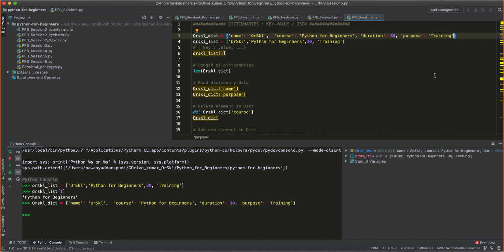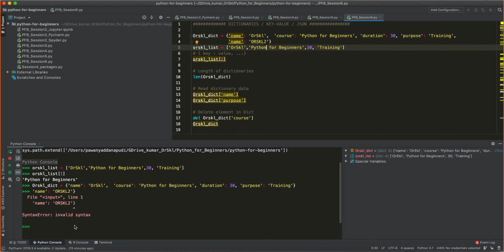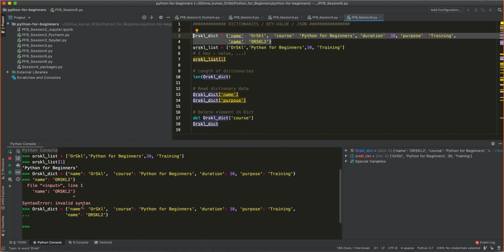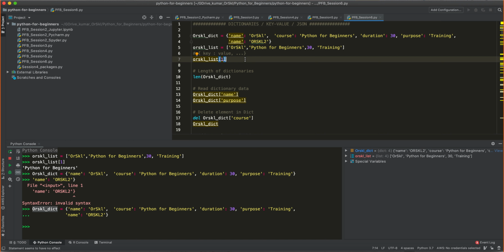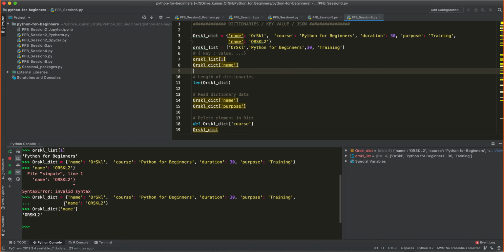For example, within the same dictionary, if I have to create another element with the same key called name, so let's see what it says. Oracle 2, create this. It says it's an invalid syntax. Okay, I'm sorry, let me select this. Okay, now you see it has created this object. But now, why am I saying that you cannot create with the same name? Let's see that. It's a best practice that you should never ever create. I'll show you why. You see here, it is overwritten.